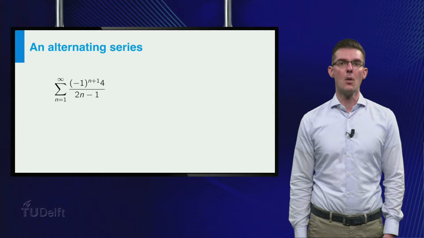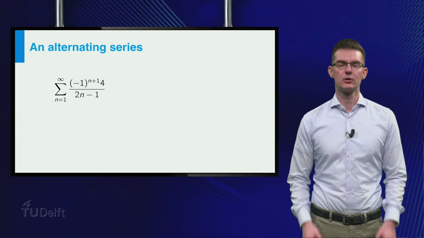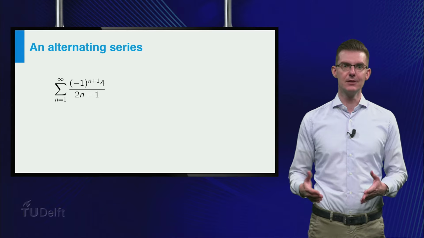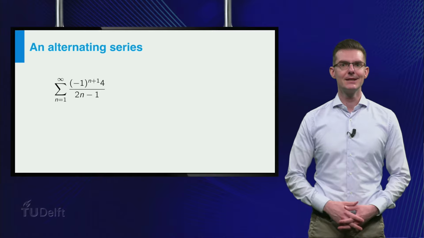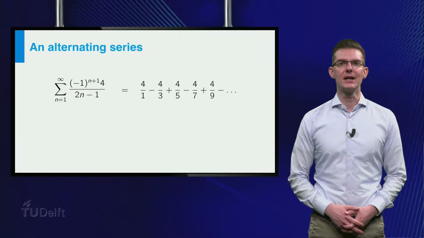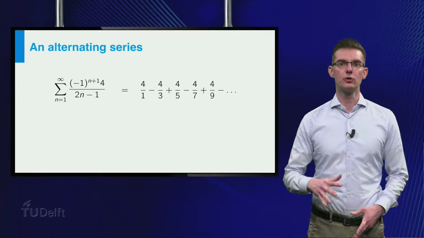Notice the factor -1 to the power n plus 1 in the general term of this series. If n is odd, this factor is equal to 1. If n is even, it is equal to -1. So the first terms in this series look like this. I would like to check whether this series is convergent, and if it is convergent, try to determine the sum